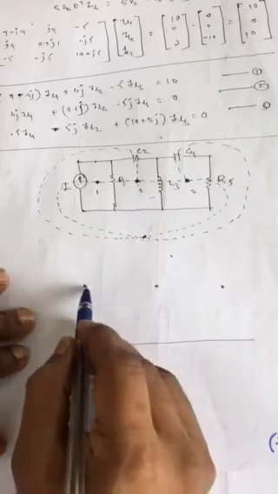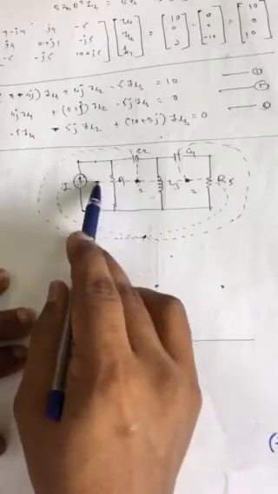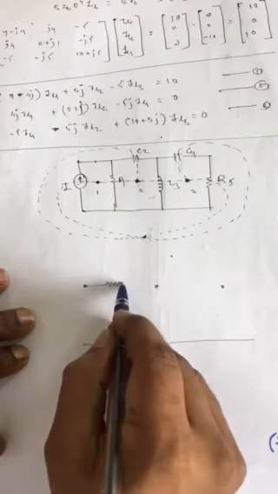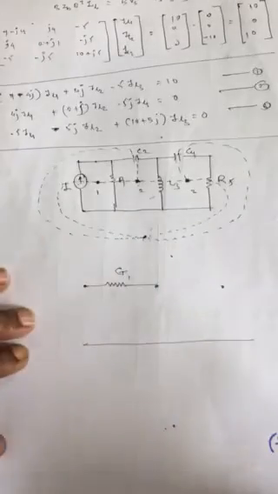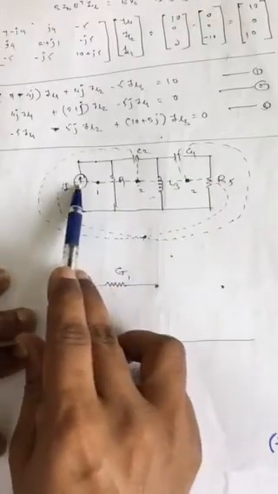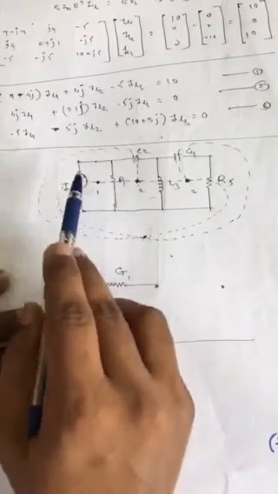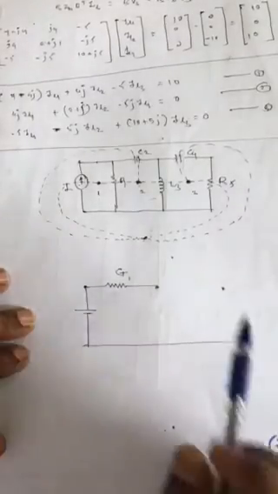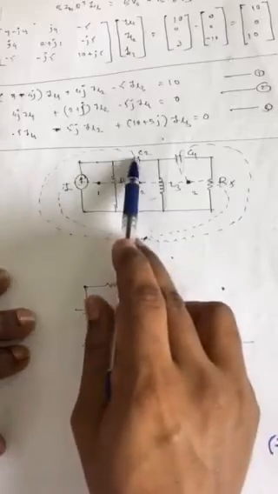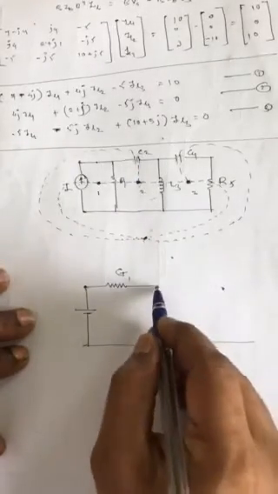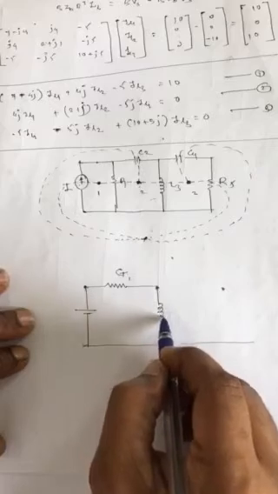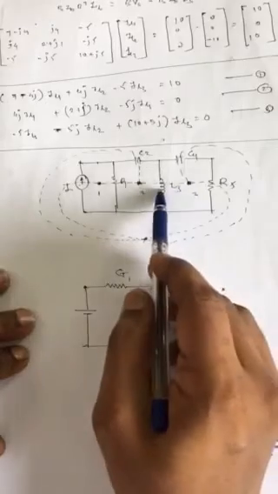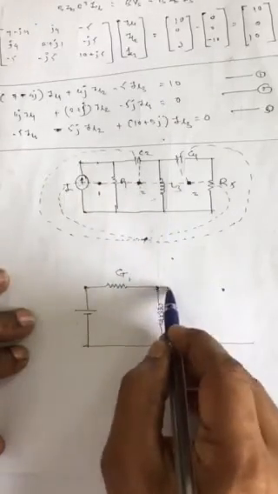Between node number 1 and 2 there was a resistance, which will be converted into conductance. We have seen it in the table, conductance with the name G1. Between 1 and reference there is a current going upward, so current should be converted into voltage with upward positive polarity, right? Between 2 and reference there is a capacitor that should be converted into inductance, by the name L2. Between 2 and 3 there is an inductor, it should be converted into a capacitor,